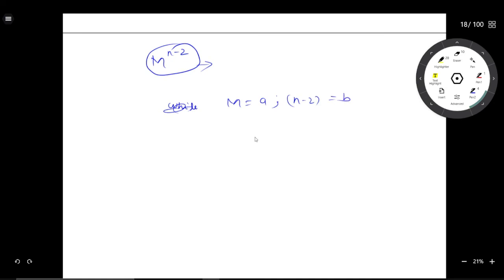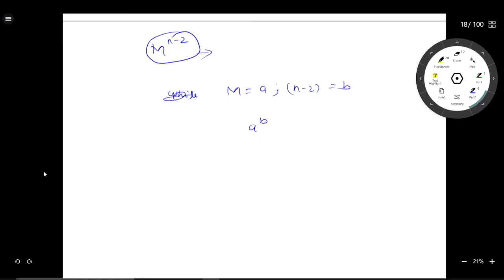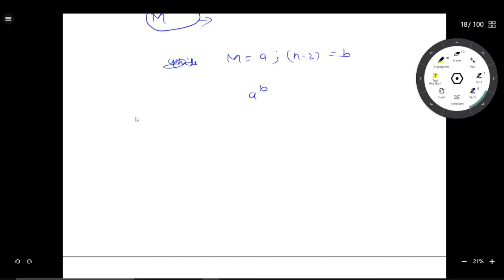So what we have to find, a raised to the power b. So now we will use a function, we will find it by using long division method. Okay, and how we will find that? We want to find a raised to the power b. Now what we will use,